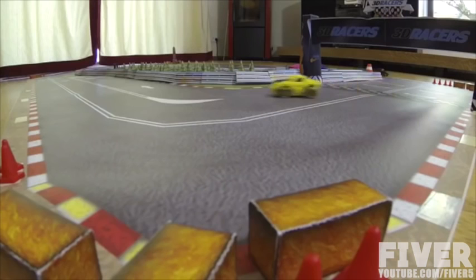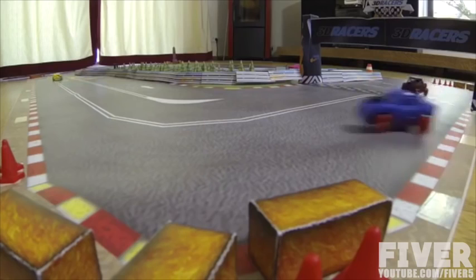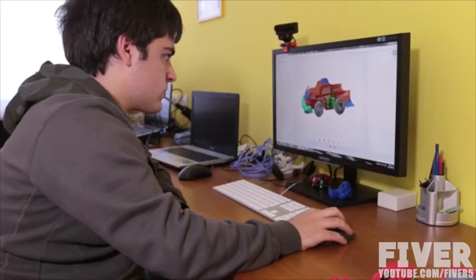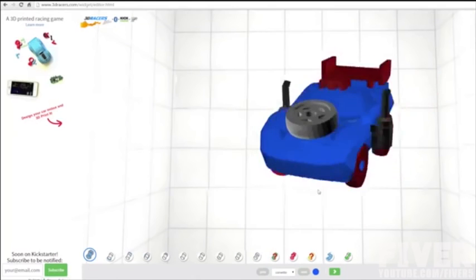3D Racers is the first indie game in the physical world. With 3D Racers, you drive small cars that you can customize online, choosing from several car bodies and hundreds of